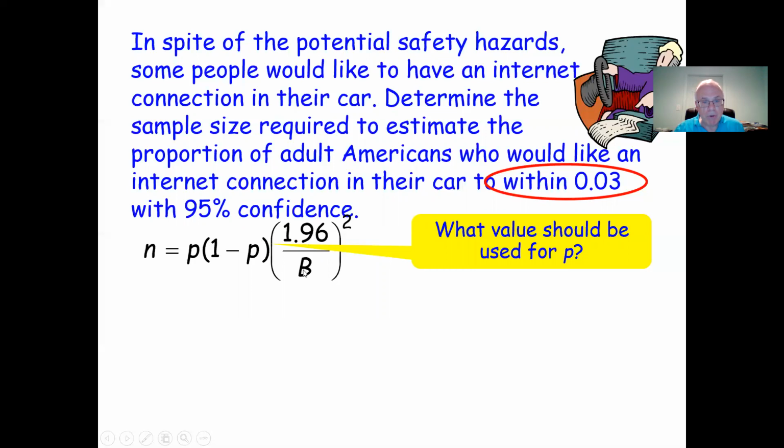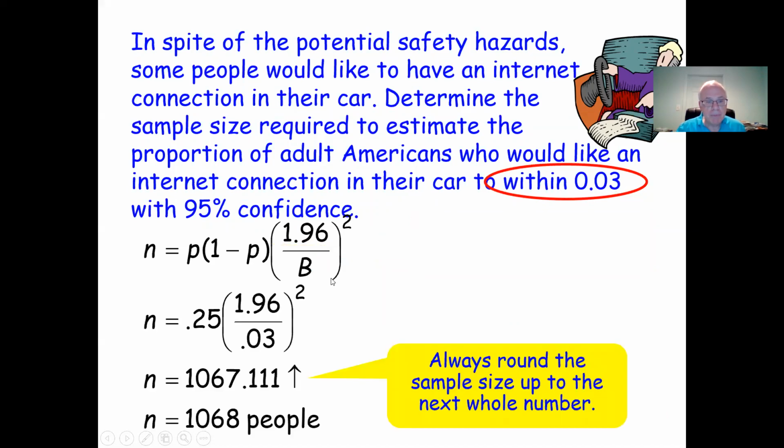And what we're going to use for B here, and of course, if I was doing this on a test, I would use the letter E for margin of error. But anyway, you know this is the margin of error. What are we going to use? 0.03. We write it as a decimal here. So if they said to within 3%, you would convert it into a decimal and put 0.03 here. All right. So 1.96 divided by 0.03, you square that. You multiply by 0.5 times 0.5, which is 0.25, and you get